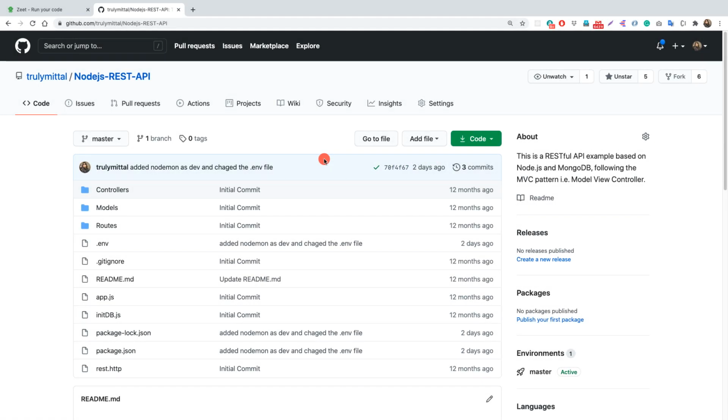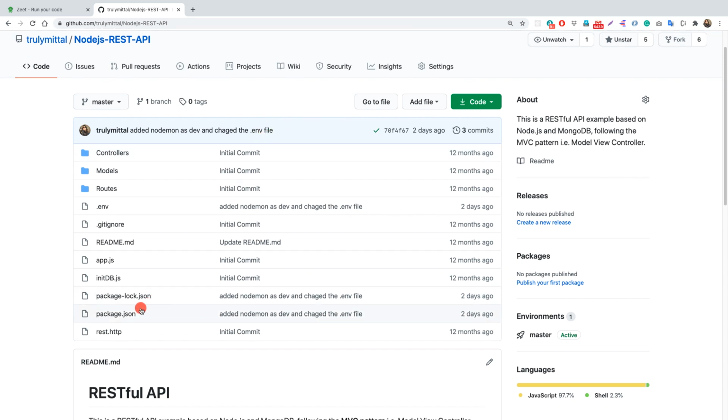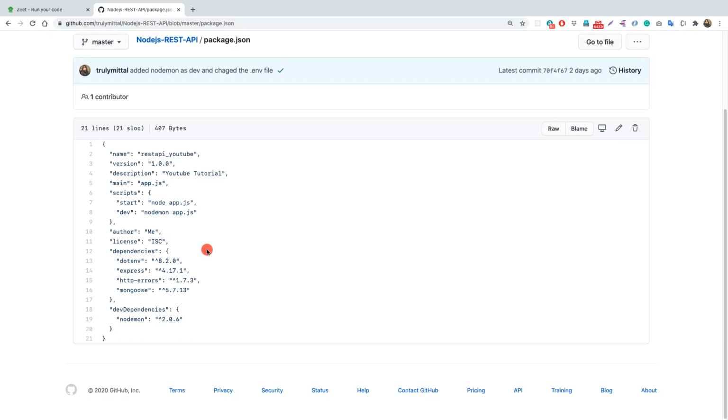So here is our application, that is Node.js REST API, which is hosted on GitHub. And this application we are going to deploy on Zeet. This application gives you a list of Apple products and you can do each and every CRUD operation inside this API. So if we have a look at the package.json file, we simply have a start script here, that is